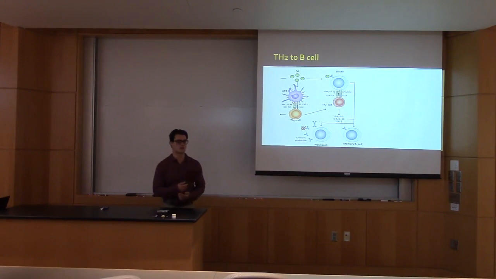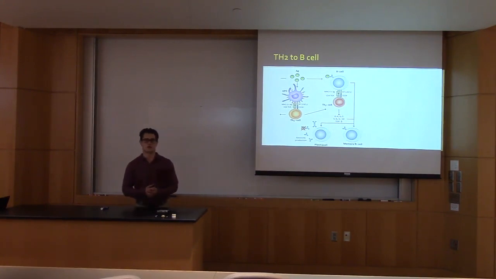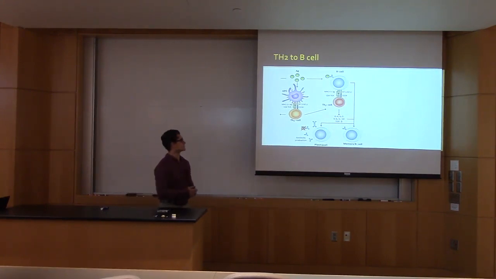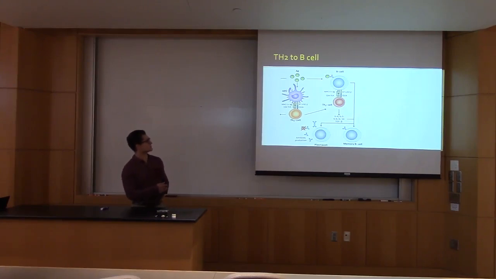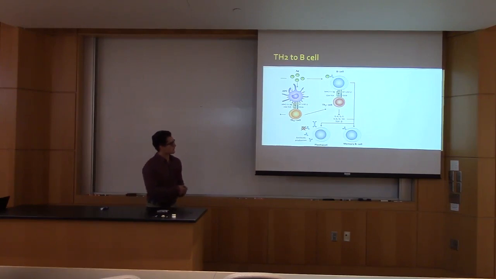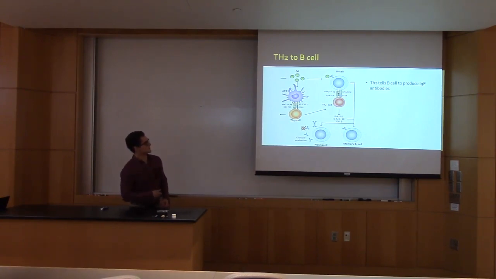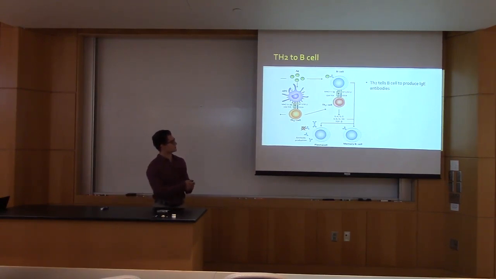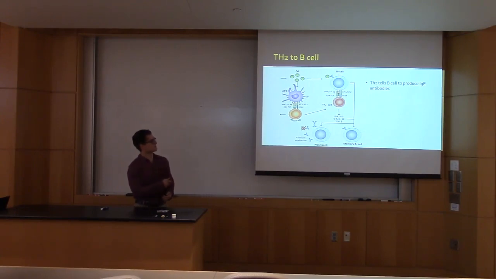So this is the process that happens before the first exposure of the antigen. Your antigen is then presented through an APC or dendritic cell, basically an antigen presenting cell, which talks to this naive T cell. It then drives the naive T cell to become a Th2 helper cell, which then tells the B cell to produce IgEs to facilitate the clearance of these